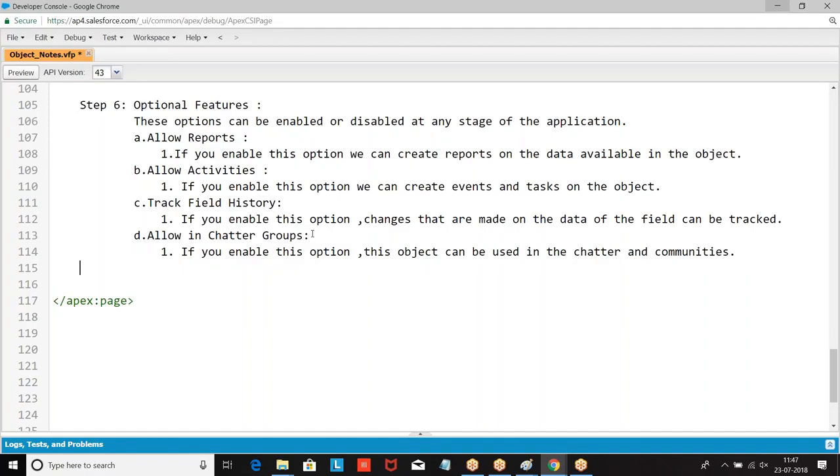Now, there are 4 options. These options can be enabled or disabled at any stage of the application. Allow reports allows you to create reports on the object. Allow activities allows you to create tasks and events on the object.